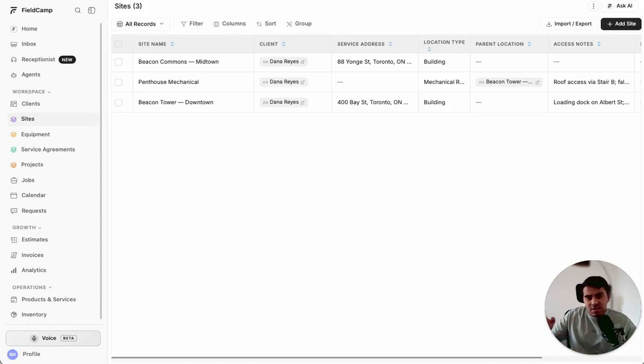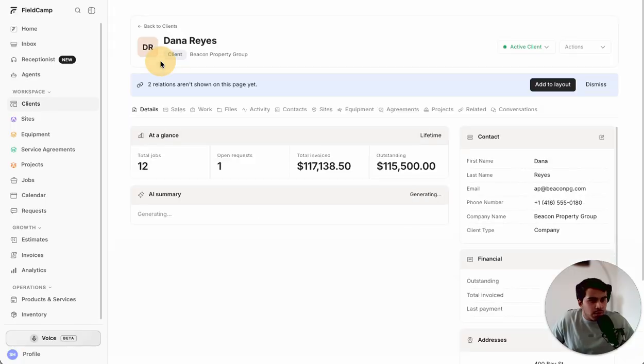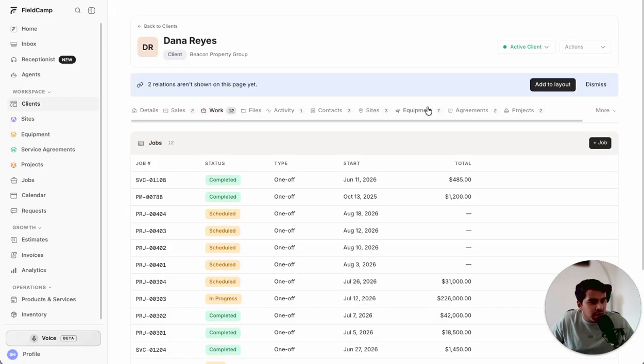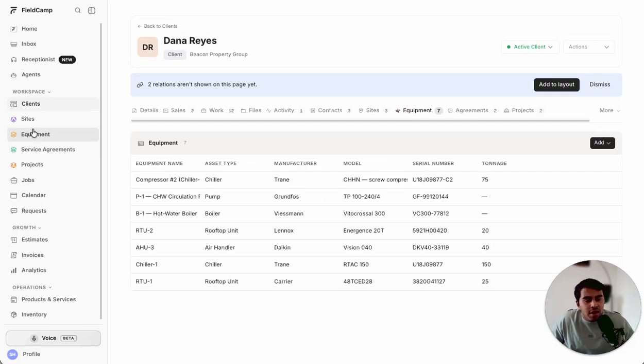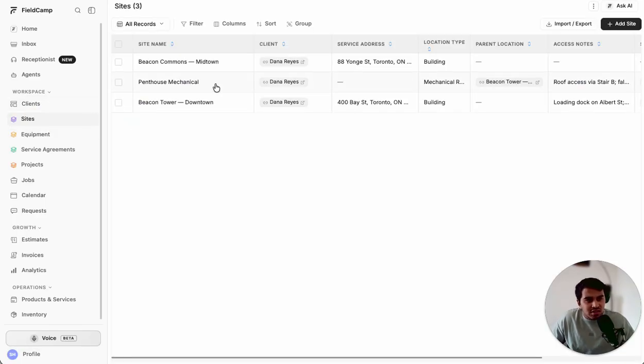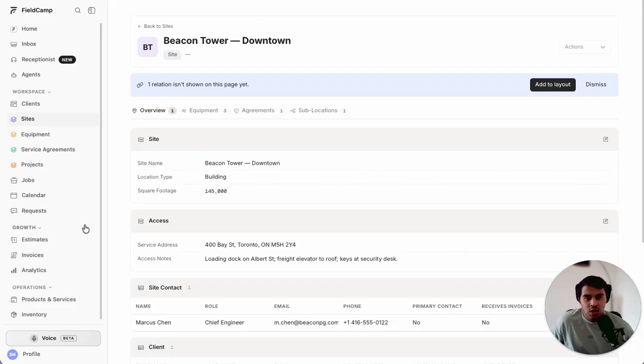So in the last example, I told you we have a client for which we have multiple properties, units, sites, equipment, etc. Now we are going to look at the sites. We have this Beacon Tower, which is one of the properties. Now let's say